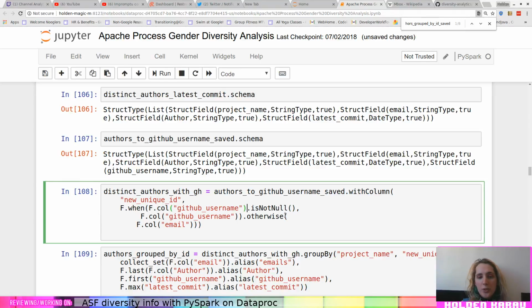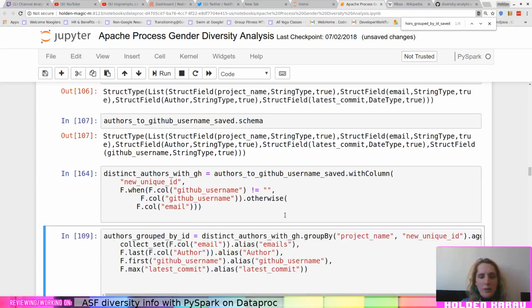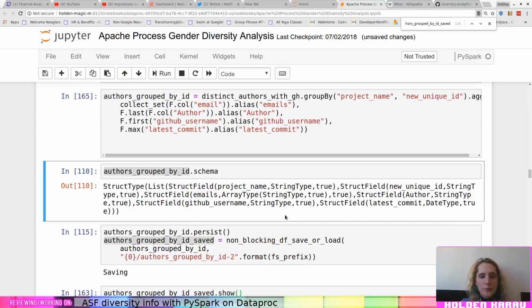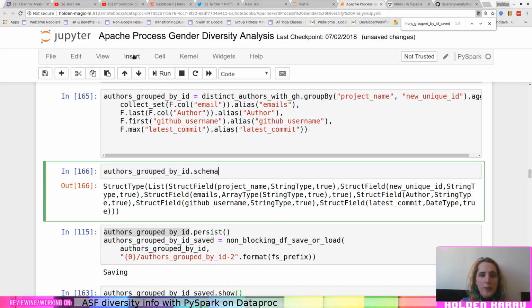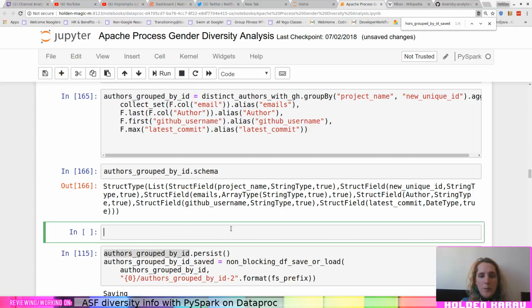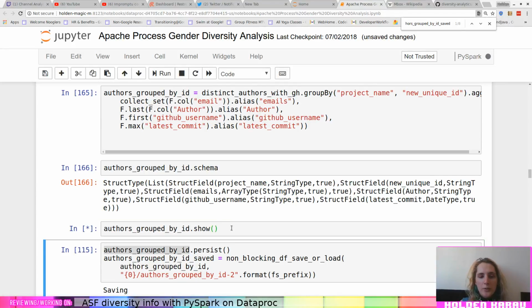So let's go ahead and do this. I think that will work. I might have to use an F dot function in there. And since I'm actually just debugging this right now, we're going to insert cell below. Temporarily just going to do the show here for a second.